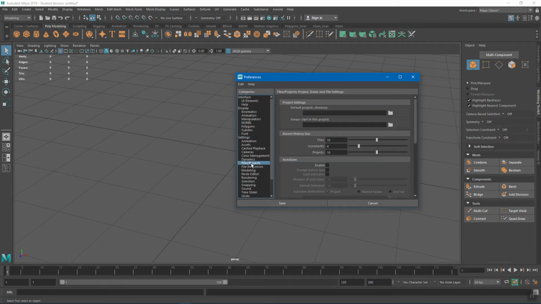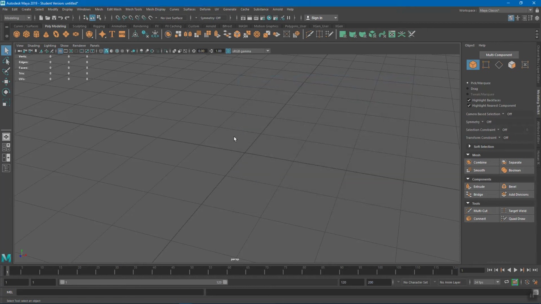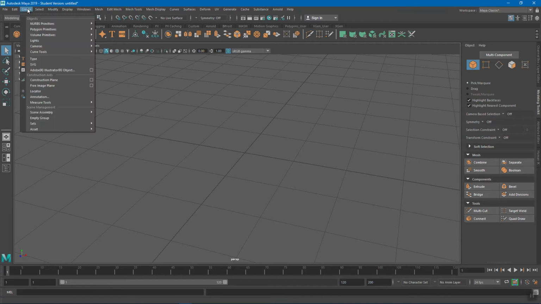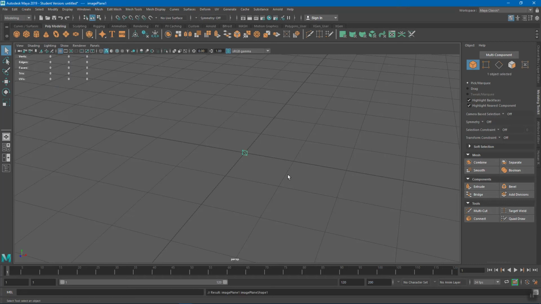And of course, Files and Projects has Autosave if you want to turn that on. All right. So now what we want to do is load our reference image in. So we're going to go to the Create menu. You'll see about halfway down is something called Free Image Plane. I'm going to click on that, and what it does is it drops in this small